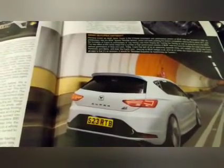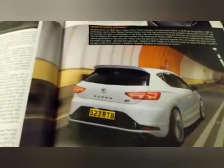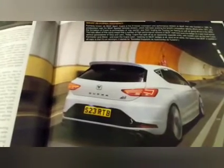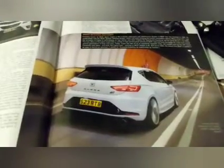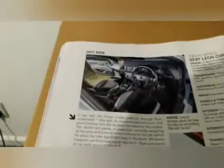So what is Cupra, if you don't know what Cupra is? So Cupra was formerly known as Seat Sport, Seat's in-house motorsport and performance division, and was founded in 1985. And Cupra was basically the trim level of the sporty models of the Seat range. Nowadays, Cupra has its own division. It's basically split off as a separate entity of Seat. So you'll have models like the Cupra Formentor and Ateca, and the Cupra Leon. Differences are that they don't wear Seat badges at all. So there you go. If you didn't know much about Cupra, there is just a little bit of information for you. Coming in, we've got the standard Seat Leon interior,